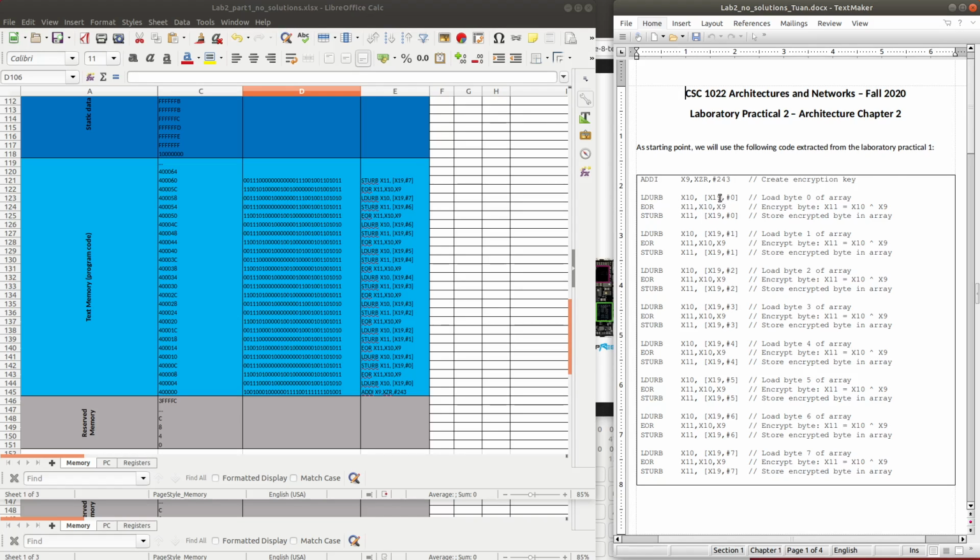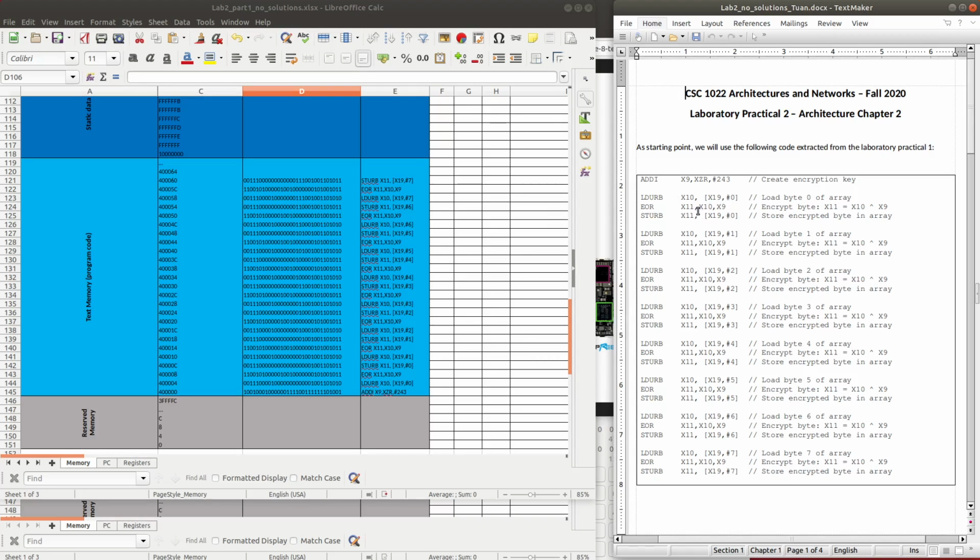After that, data in memory located at offset 0 from the address in X19, the first data in memory at X19, will be read and stored into register X10 in our CPU.